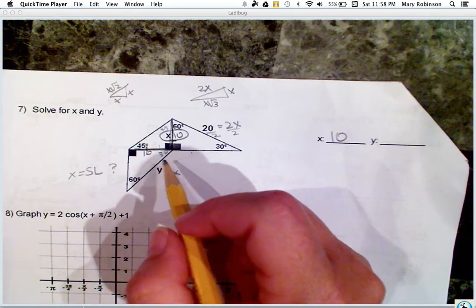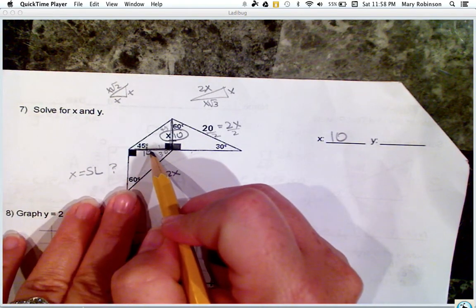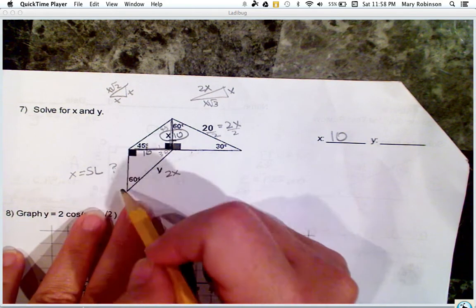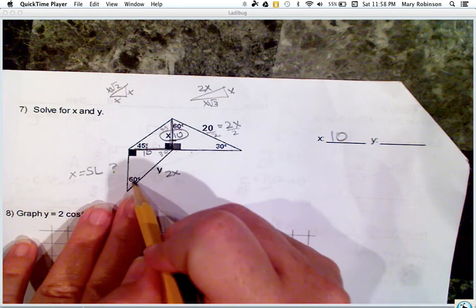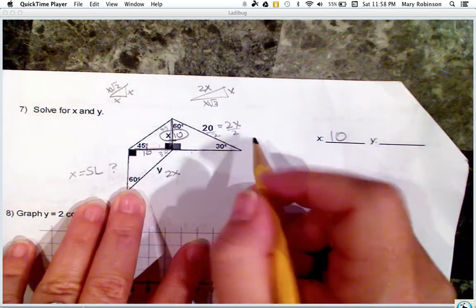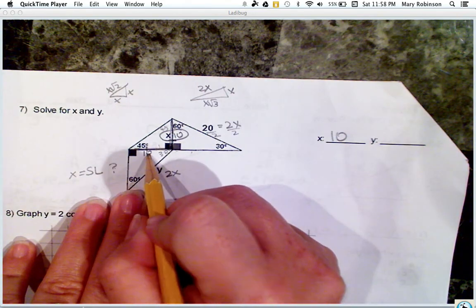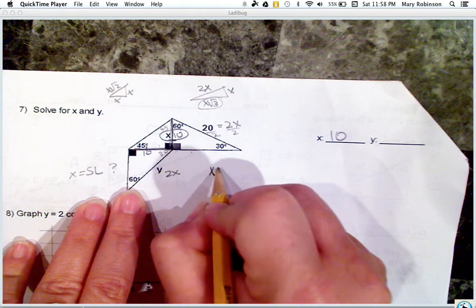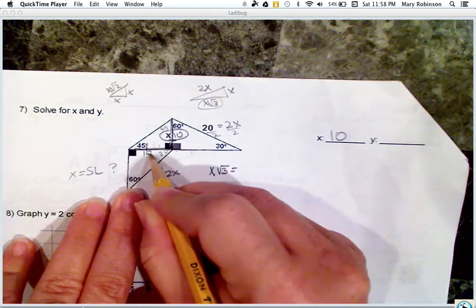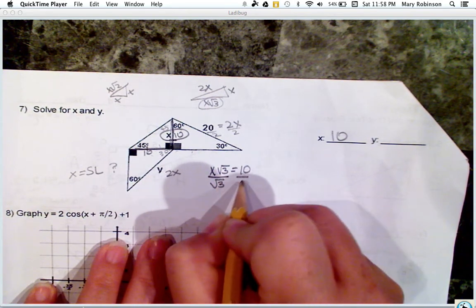So what we do know is that opposite the 60-degree angle measure, so this technically is your long leg, even though visually when we look at it, it may not look longer. This leg is opposite the 60-degree angle, so this is our long leg, which is x square root of 3. Right here, x square root of 3 on your long leg. So that means x square root of 3 is equal to 10. Now we just need to go about solving for x